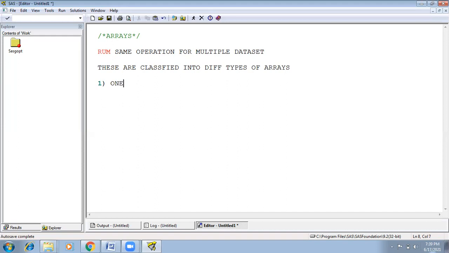The second one is multi-dimensional, or two-dimensional. It's called a two-dimensional or multi-dimensional array.